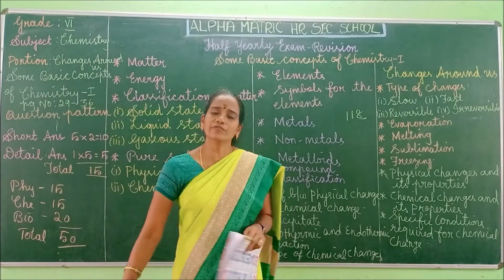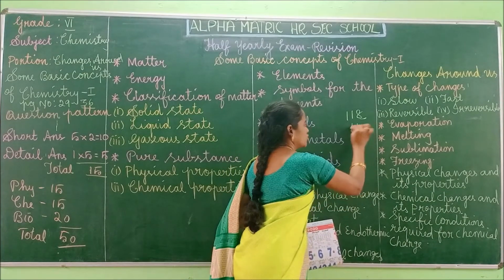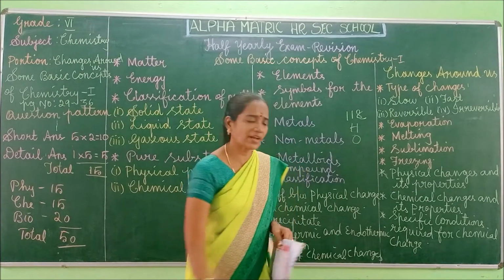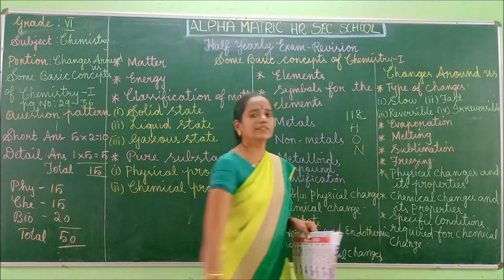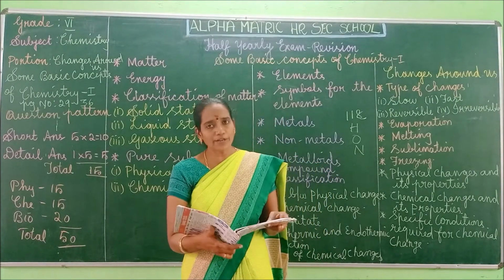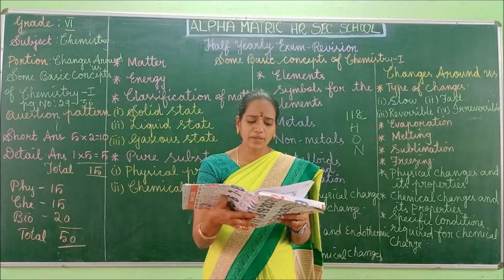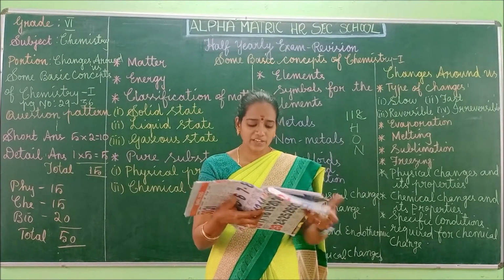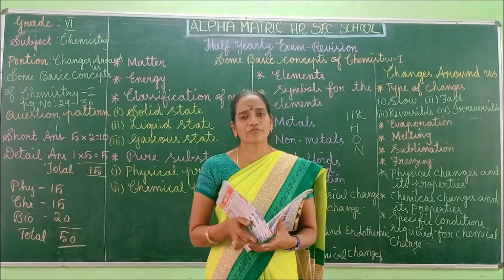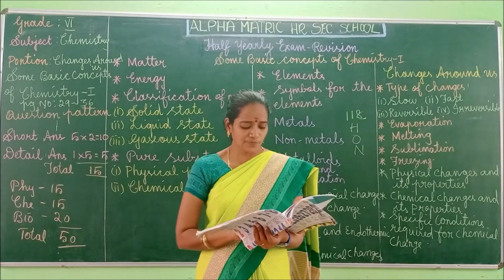For example, what is the symbol of the hydrogen element? H. What is the symbol of the oxygen element? O. What is the symbol of the nitrogen element? N. So like this, we have to use the symbol. And one more definition is given in our book, on the same page: a symbol is a small abbreviation to represent the full and lengthy name of the element. You can write both answers.